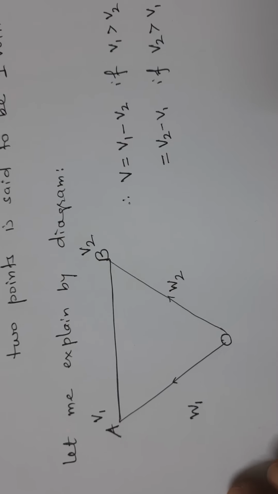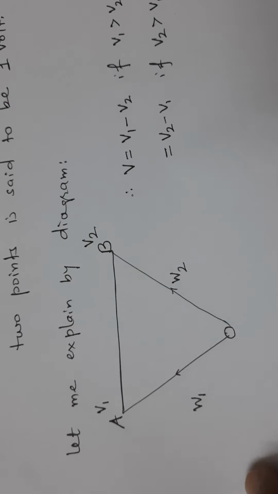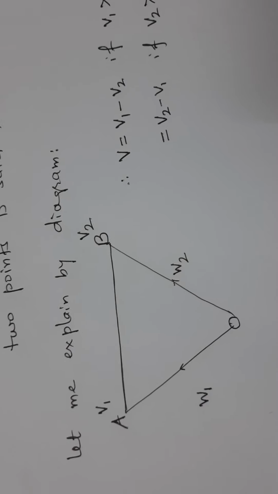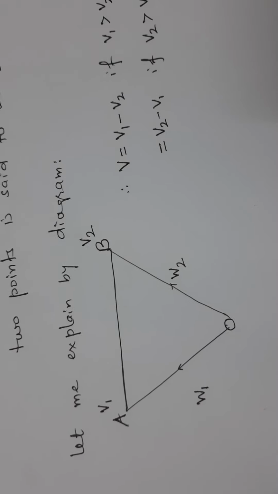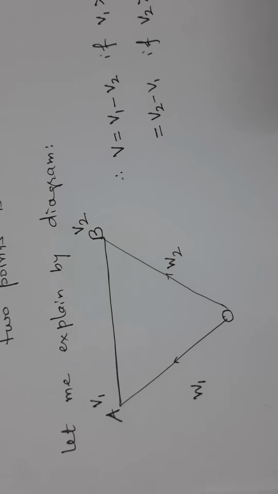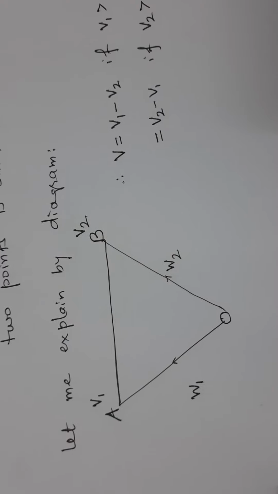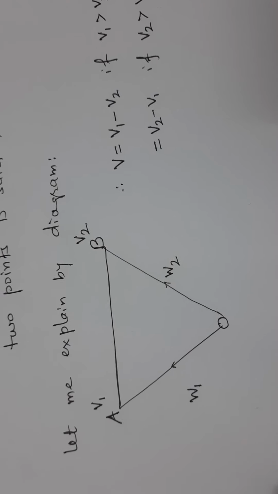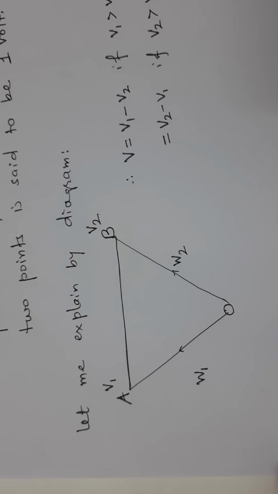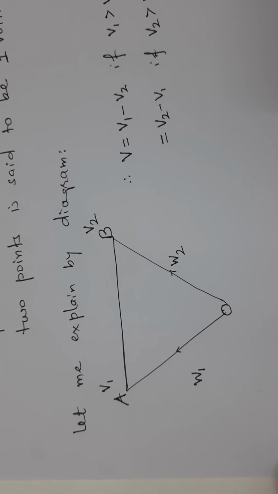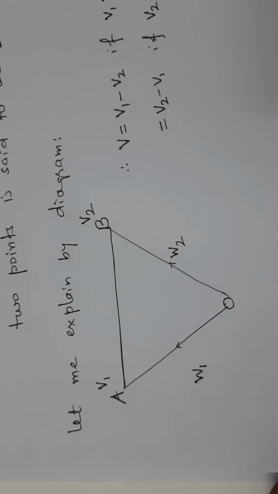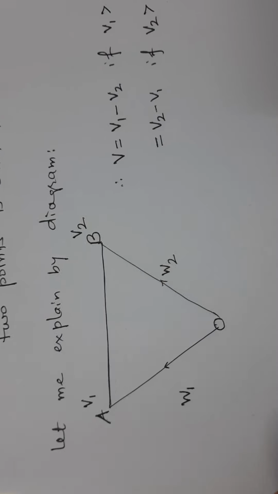After usage of that cell, whenever at both those terminals V1 and V2 become equal, the potential difference V will become 0, and at that time we will say that now that particular cell is used up, or that it is finished. It is no more giving energy in order to allow the electrons to move, and if electrons do not move, then it will not be able to produce electric current.